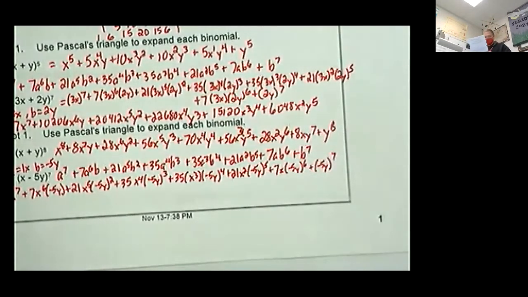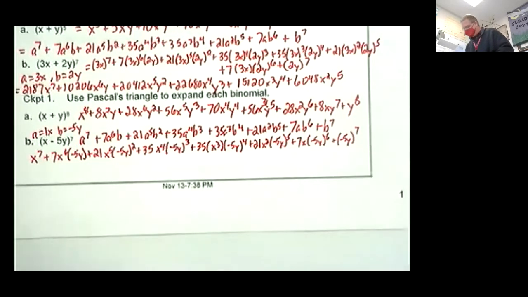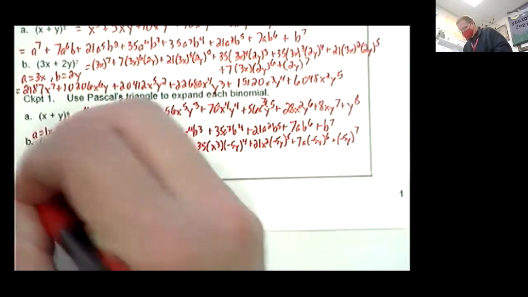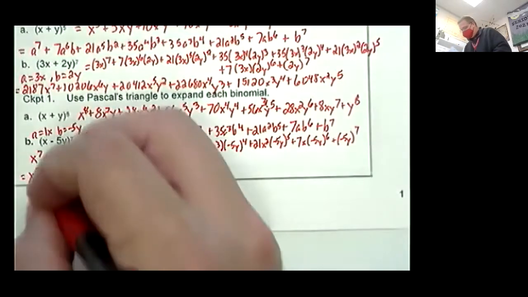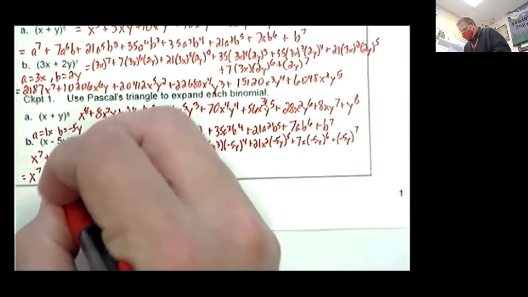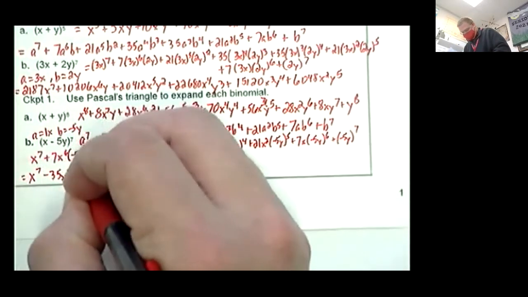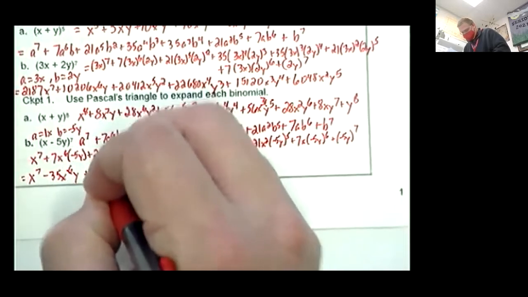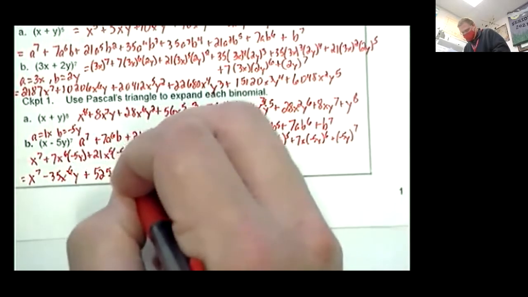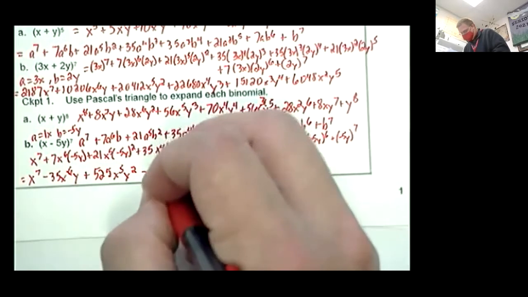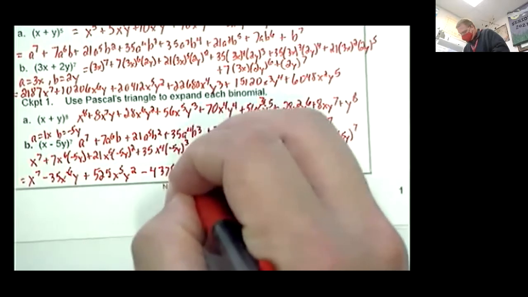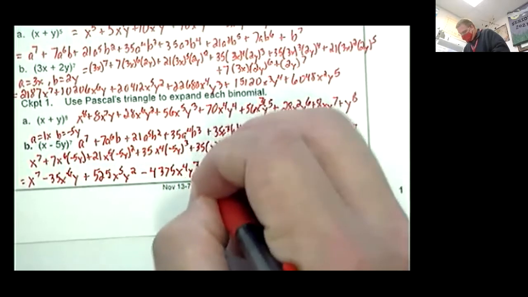Now we need to go back and simplify all of that by multiplying out the coefficients. The variables stay the same, and we get for our final answer x to the 7th minus 35 x to the 6th y plus 525 x to the 5th y squared minus 4375 x to the 4th y cubed plus